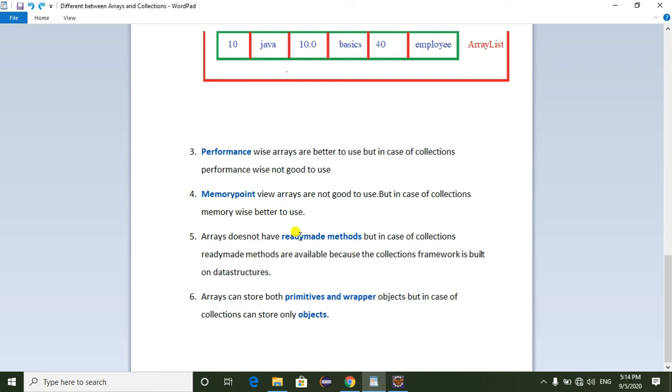Arrays do not have ready-made methods, but in the case of a collection, ready-made methods are available, because the collection framework is built on data structures. In a collection we have many ready-made methods, so using these methods we can perform operations on a collection object. Arrays can store both primitives and wrapper objects, but a collection can store only objects.